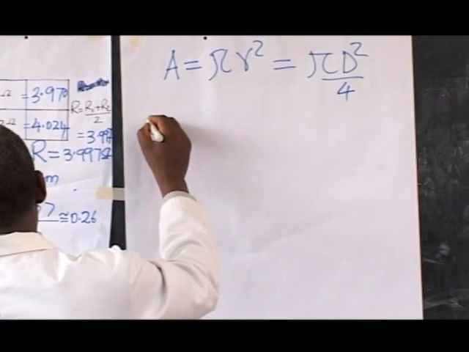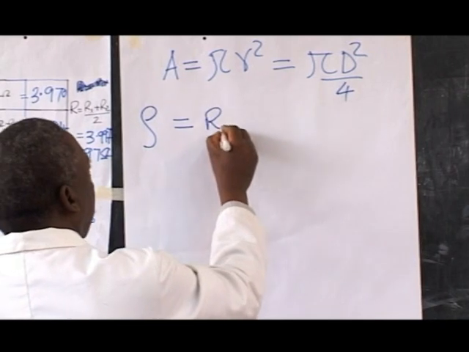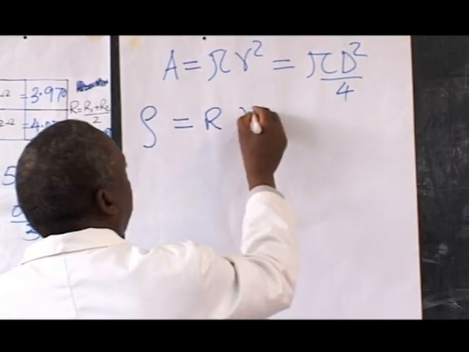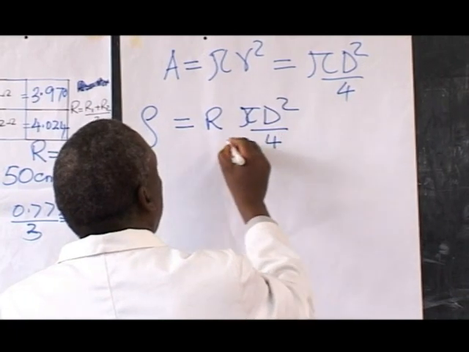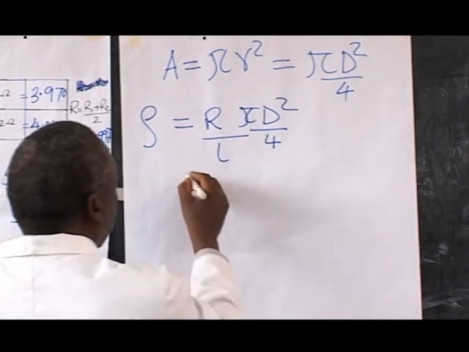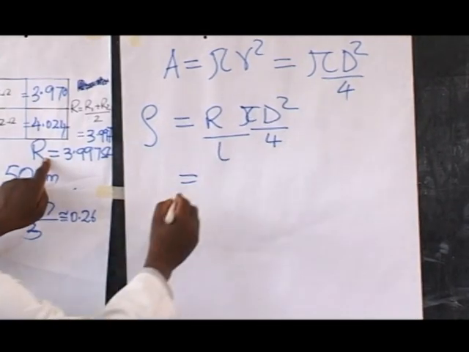So our resistivity will be given by R times the area, which is pi d squared over 4, over L, in which we substitute. Our R is